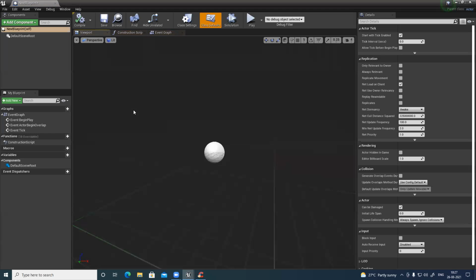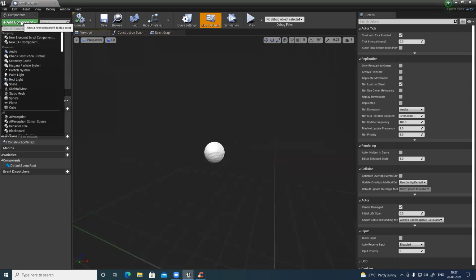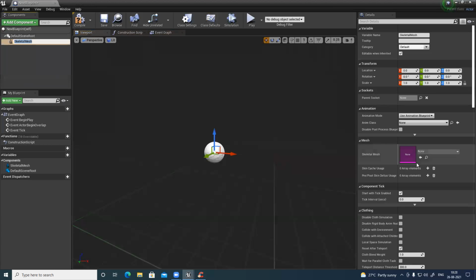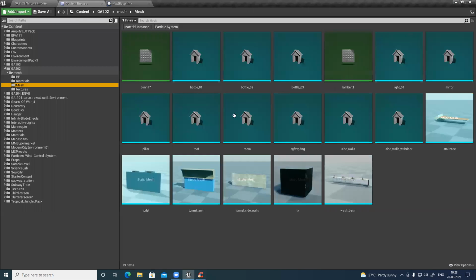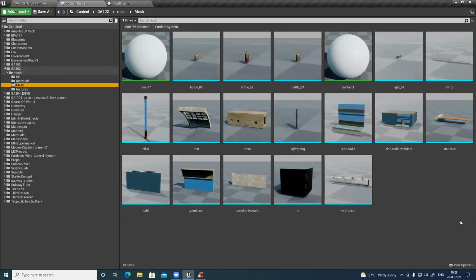Yes, sir. Yeah. So for that, go to add component, because what happens if you group it in your level, every asset has its individual pivot point and it will work based on that only. You cannot rotate them together. You can move them together, but you cannot rotate them together. If you want to rotate them, the easiest way is to create a blueprint and add a static mesh here. So let's see, static mesh. And I can choose my model here. Let's see whatever mesh I have here. Let's see.